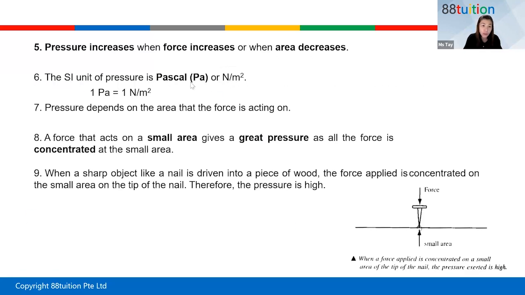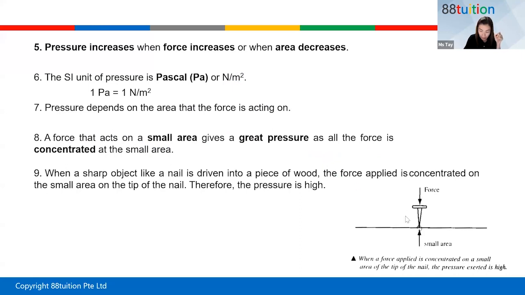Now, the SI unit for pressure is Pascal, or you can use Newton per meter square, or Newton per square meter. The SI unit will be Newton per square meter. But many times in the question, they even talk about the area being in square centimeter. Follow the question accordingly to what is being asked of you. Again, this is repeated: you have a force acting on a small area, you get a great pressure, because all the force, like the high heel shoe example, will be concentrated at the very